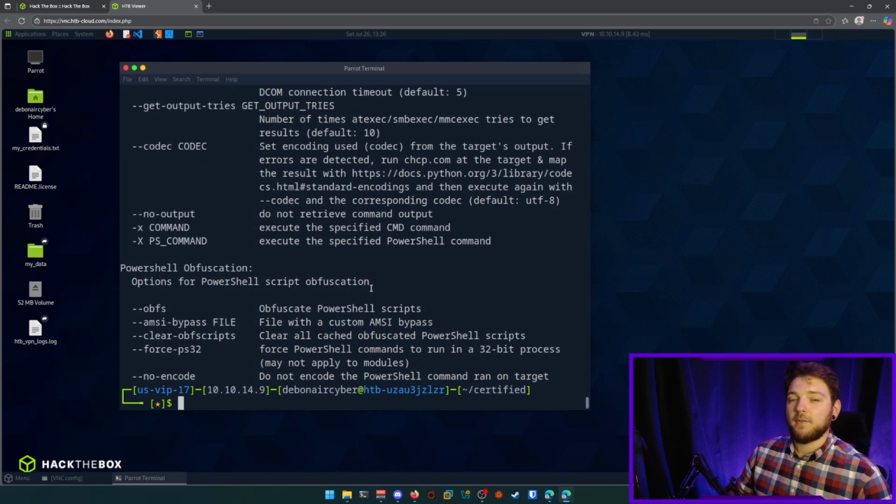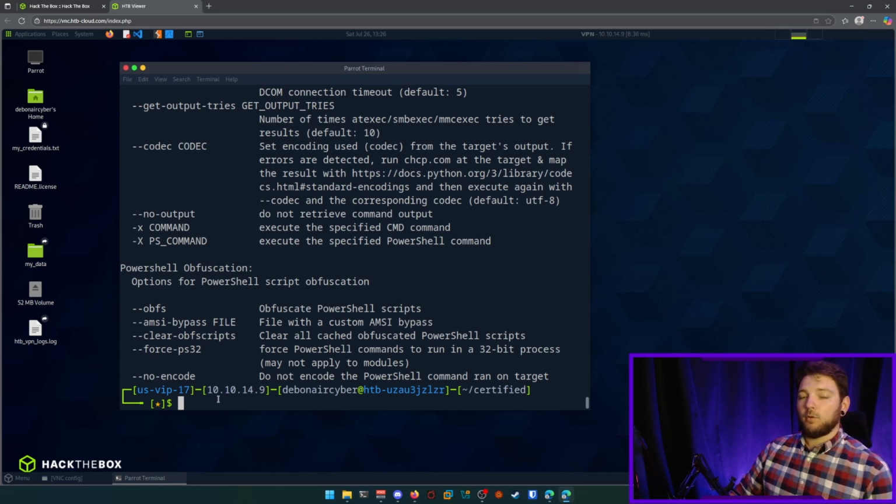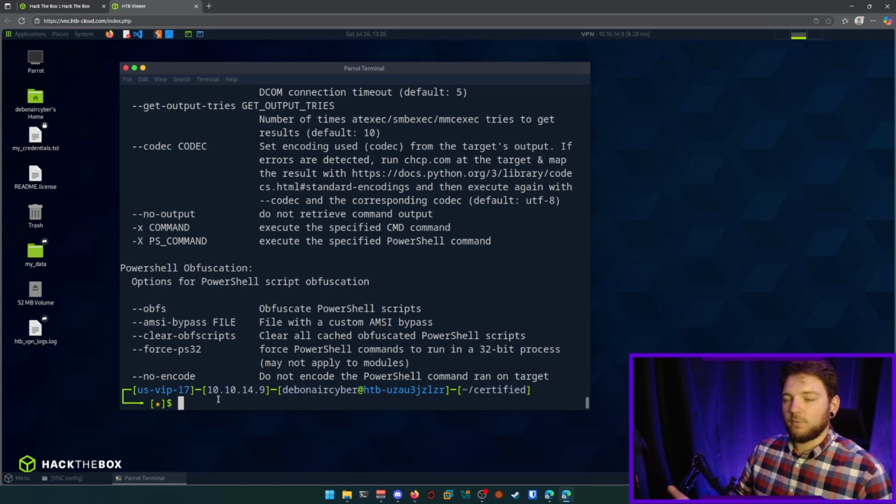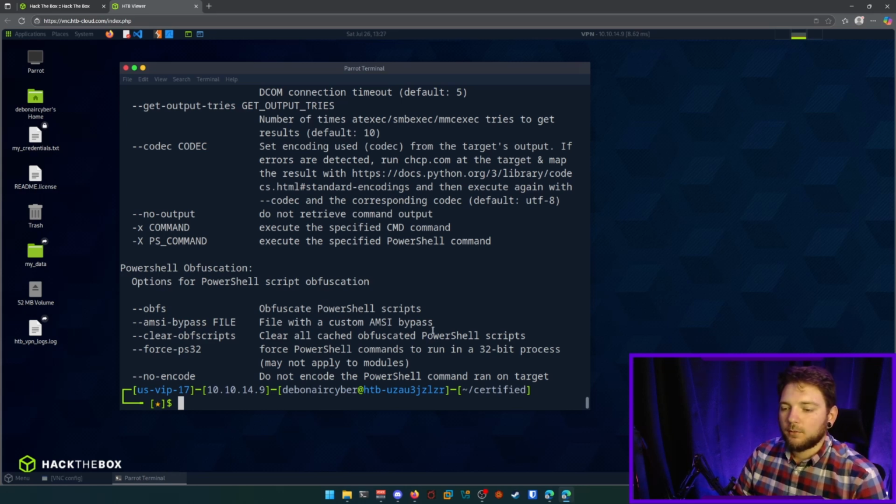So at this point, I hope you've actually gone and read through the SMB help menu so that you can understand a little bit more about what netexec can actually do. It is important for you to learn how to read through this documentation. It is kind of like the bread and butter of learning new tools like this, especially with videos like the one you're watching, right? So we'll come in here, netexec, just like we did before, SMB,